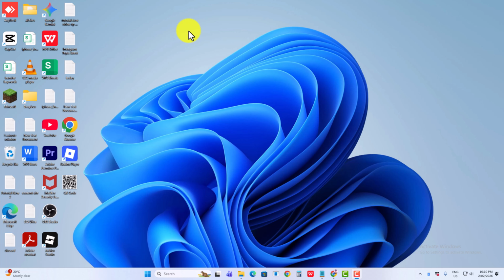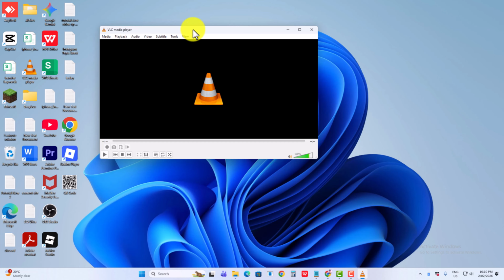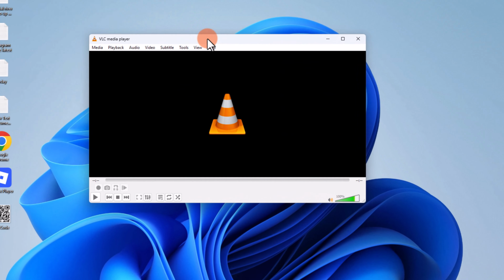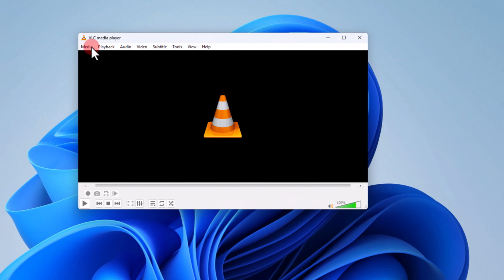Hey everyone, in today's video I'm going to show you how to record the desktop with VLC media player and provide a full guide. So at first, open your VLC media player, click on Media,